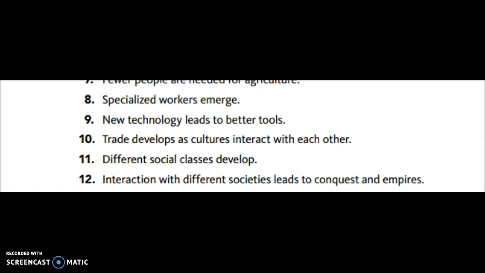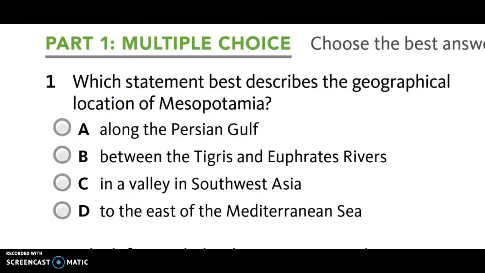That was a bit of a primer, and after that, I was going to do a practice test with everybody before we did the actual test. You'll see that I've attached the actual test for you to do based on what students have written, yourself included, as yours are the first three. Next, I'm going to go through each one and just give the students 10 seconds to write their letter on the board. And the first one goes as follows. Which statement best describes the geographical location of Mesopotamia? And after 10 seconds, you can pause it if you need to, I give the answer.